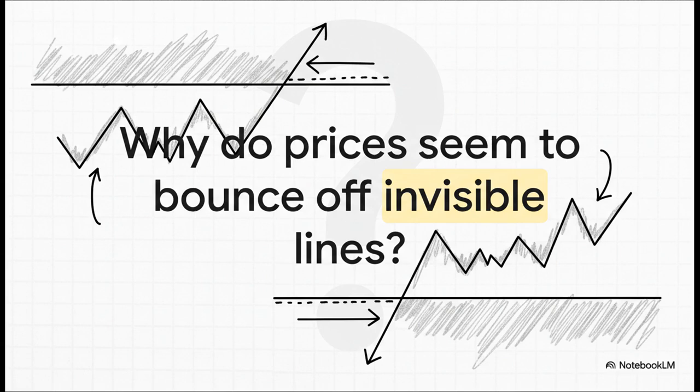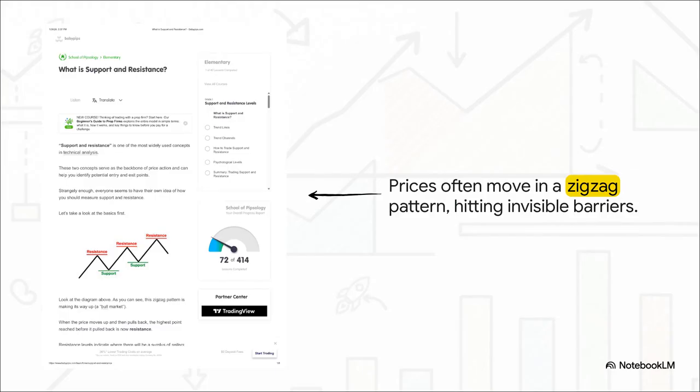and today we're going to make those invisible lines crystal clear. You know, this zigzag pattern you're looking at, that's basically the heartbeat of the market. The price goes up, it pulls back, it goes up again. But those peaks and those valleys, they are not random at all. Those are the invisible barriers we're talking about,